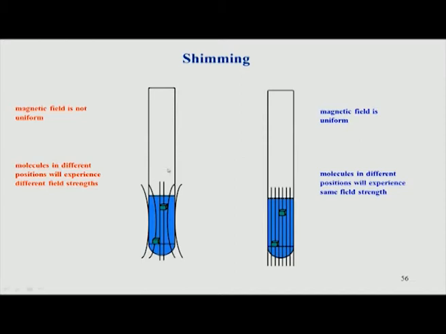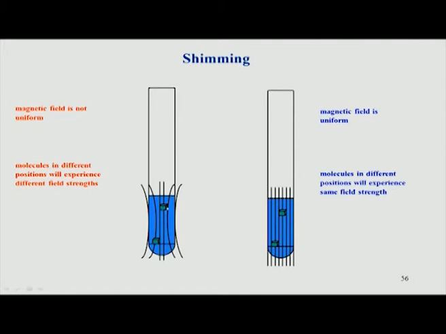So, this is the basic idea behind the RF coil, and the next important thing in NMR is what is called shimming. In shimming, what happens is the following. You have a schematic of a sample which sits in the center of the magnet, and the whole sample is surrounded by magnetic field. Remember, the magnetic field is in the z direction, but you can see in this picture that a molecule sitting in the bottom of the tube experiences some magnetic field which is not the same as the magnetic field experienced by a molecule here.